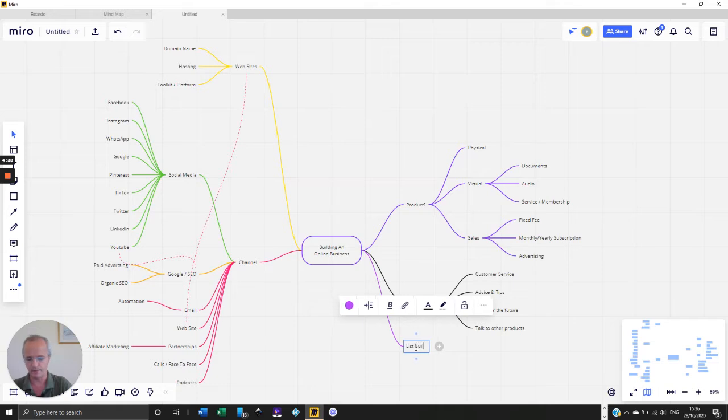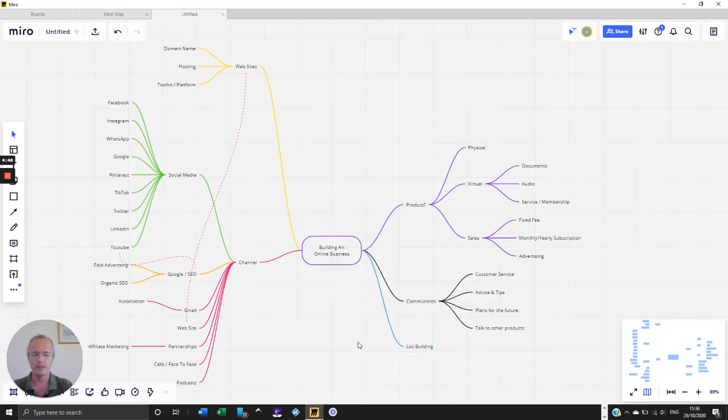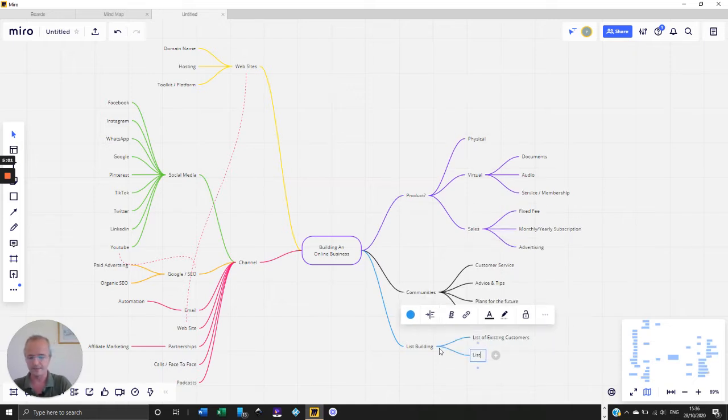Now, list building are your list of customers and their contact details. And once again, this will become a huge asset to your company in the future. Okay, so list building is, let's put it here, list of customers, of existing customers, is one area with, of course, their contact details and everything. And then there's a list of leads.